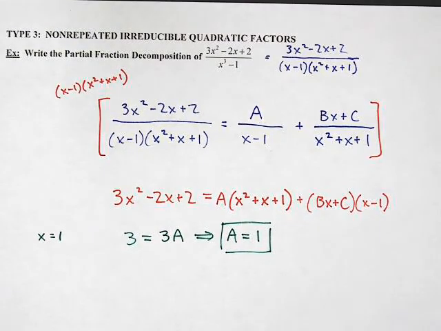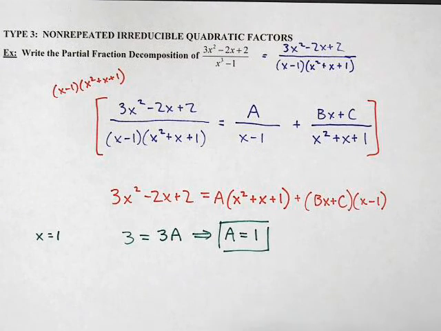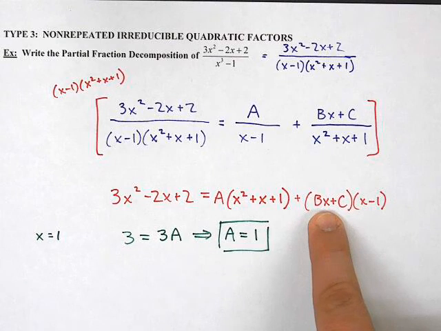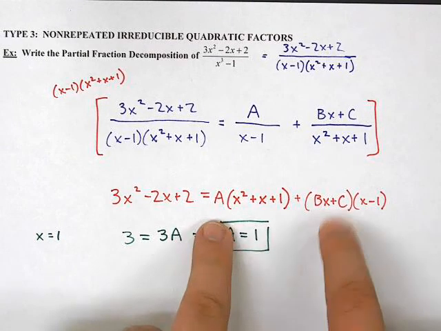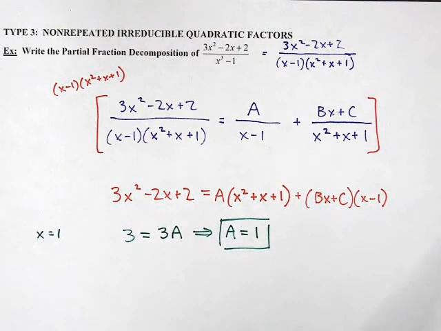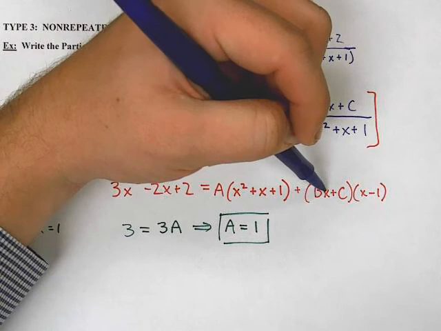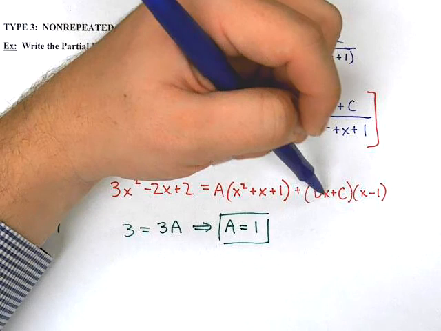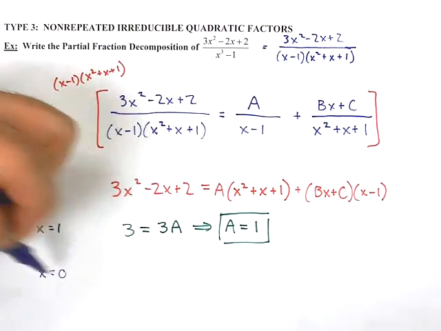All right. The next one that's kind of sticking out to me that I think can help me out, and it's a little tricky, we kind of have to start playing around and using some of our algebra skills, but I can at least get rid of the b value by plugging in a 0 for x. And that way I can at least get something down to a and c, and then don't we already have a? We sure do. All right, so what I mean by that is if I plug in a 0 for this x right here, it completely gets rid of this b piece, and that's what I'm going to do. So I'm going to set x equal to 0,